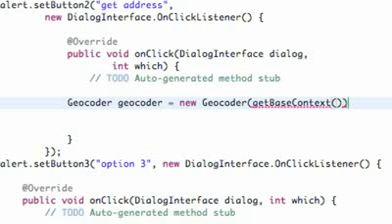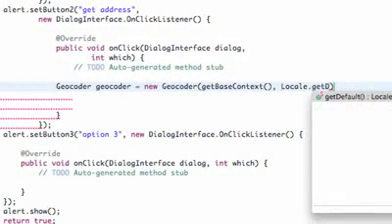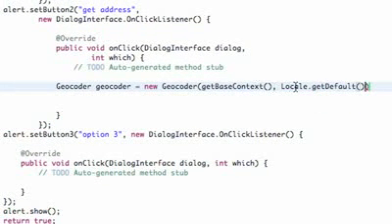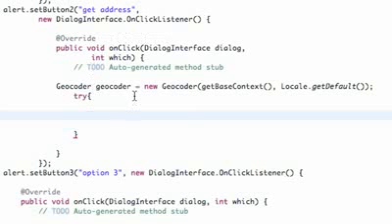That's going to return the context of the base class, and then we're going to say Locale.getDefault, and we have to import both Locale and our Geocoder, which I've already done. Now we've set up our geocoder, and within a try bracket we can try and access the address and all that good stuff. So we're going to say try, and then within the try brackets,